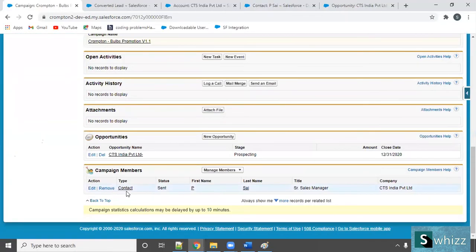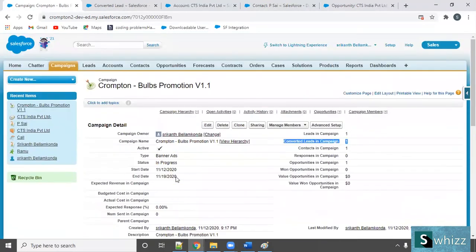Now here you can see the lead has been changed to contact, and now opportunity has been associated because it converts to a contact, right? So opportunity has been associated. You need not do anything. The framework itself will do it. It's already provided business solutions for common businesses. This is a common requirement for every business, right? So Salesforce is helping with all these things, right?